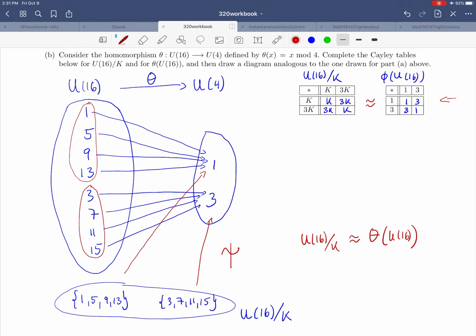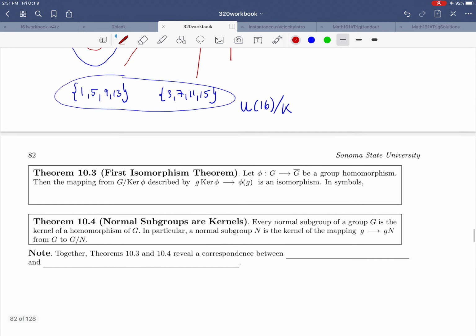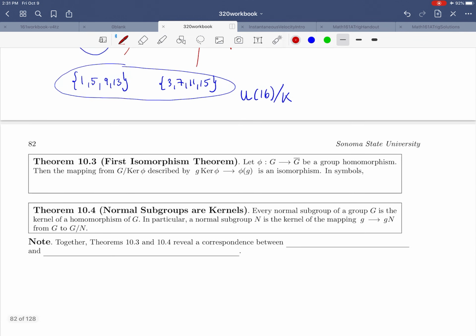And this is true in general. So these two examples we are going to generalize in the next theorem, which is called the first isomorphism theorem, and we'll talk